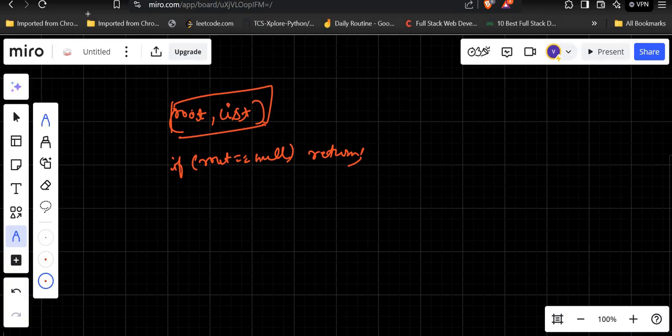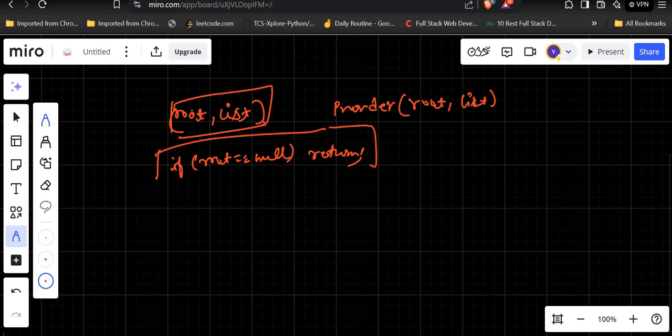Now next part is okay. We will write one method like pre-order, and in that we will pass the root node as well as the list of integers. In that we will write this logic. If root equal to null, we have to return. Otherwise, other than that, what we can do,